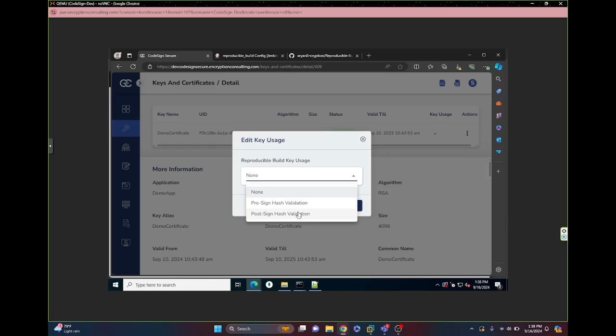Because pre-hash validation can take some time, if you need a file built and speed is the absolute priority, you could go with post-hash validation. However, where time is not the largest concern and security is the greatest concern, we recommend pre-hash validation, as the file will not be signed and the process will be interrupted if there is any inconsistency between the repository and the object being built. This helps prevent specific attacks that target modifying the content being sent before it reaches Jenkins